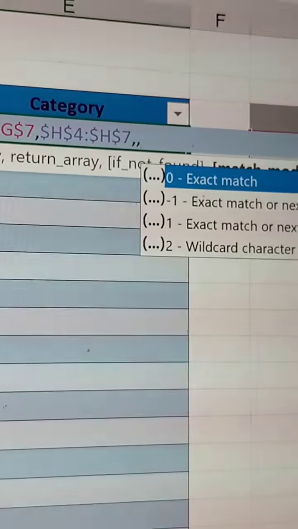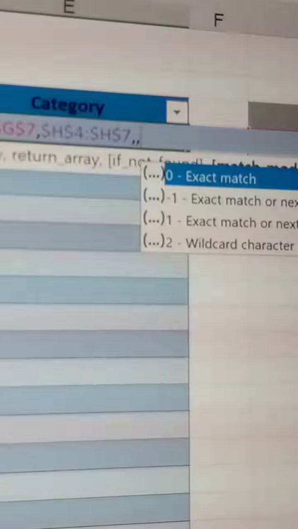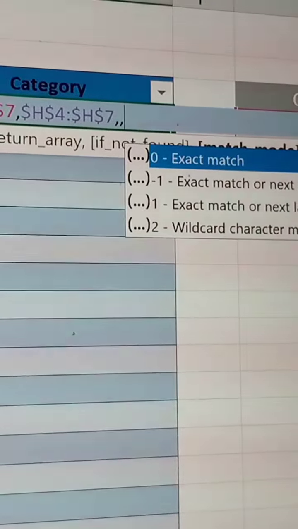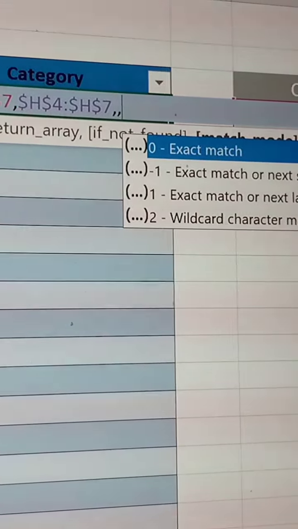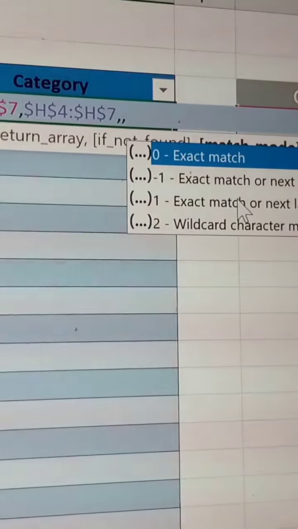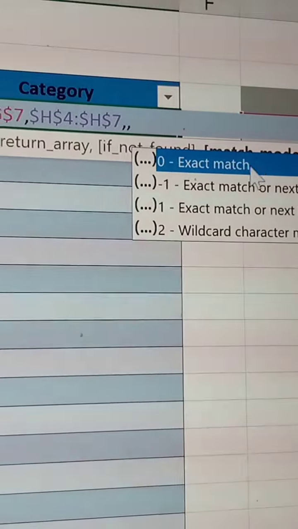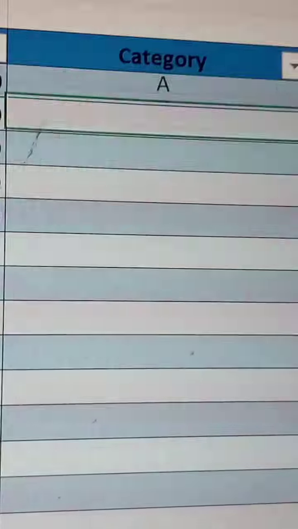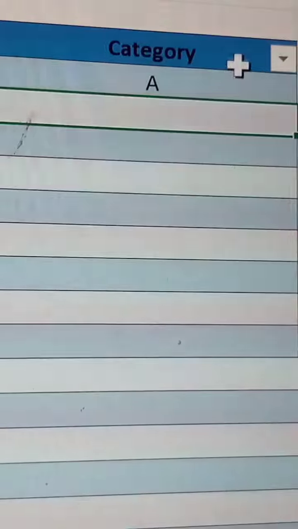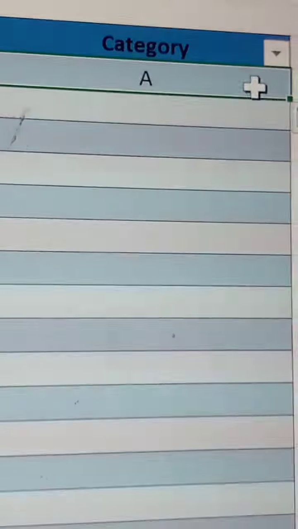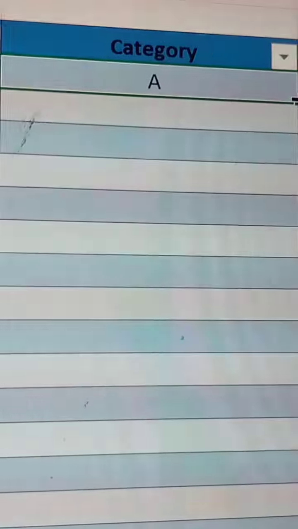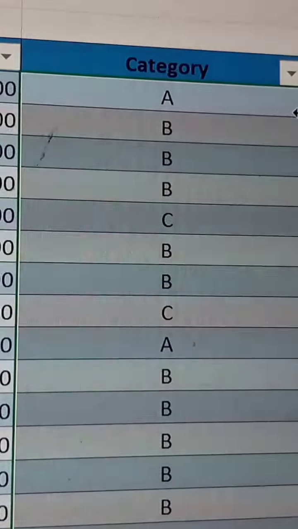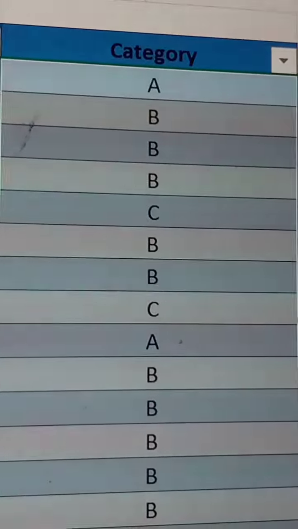The last one in this case is the match type. It is not exact match because these values are just falling within a range. Now it is going to be the exact match or next smaller item. Double click or just type -1, close the bracket, then the last thing I'm going to do, I just want to copy this formula up to the bottom. You double click,